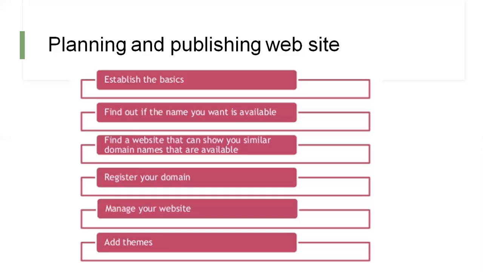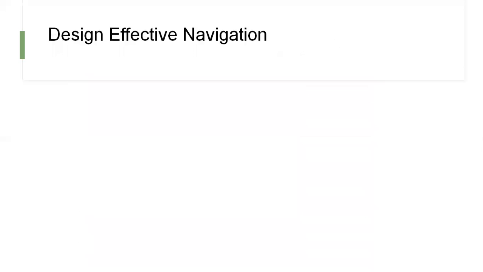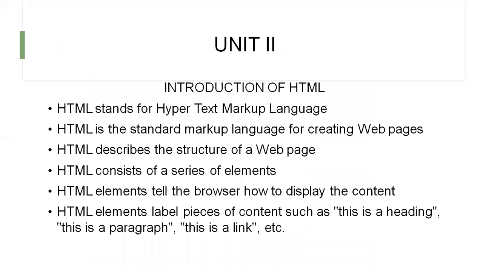If you talk about some educational website, they show the links of upcoming events properly on the home page. So it becomes very easy for the user to click on the provided navigation and retrieve the proper information. So effective navigation should be there for any website so that the user can retrieve the information in a limited amount of time. So this is all for unit 1.